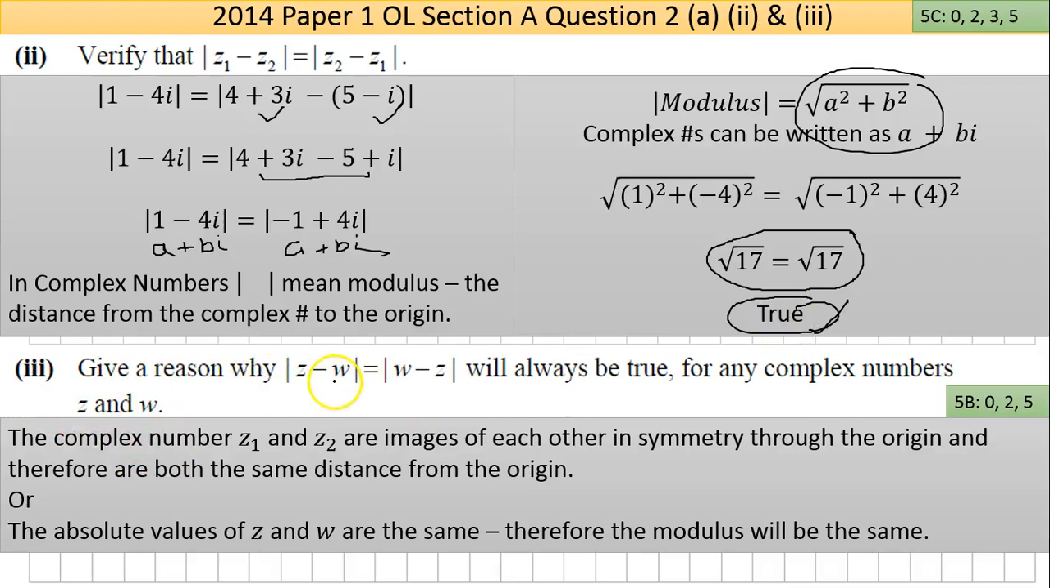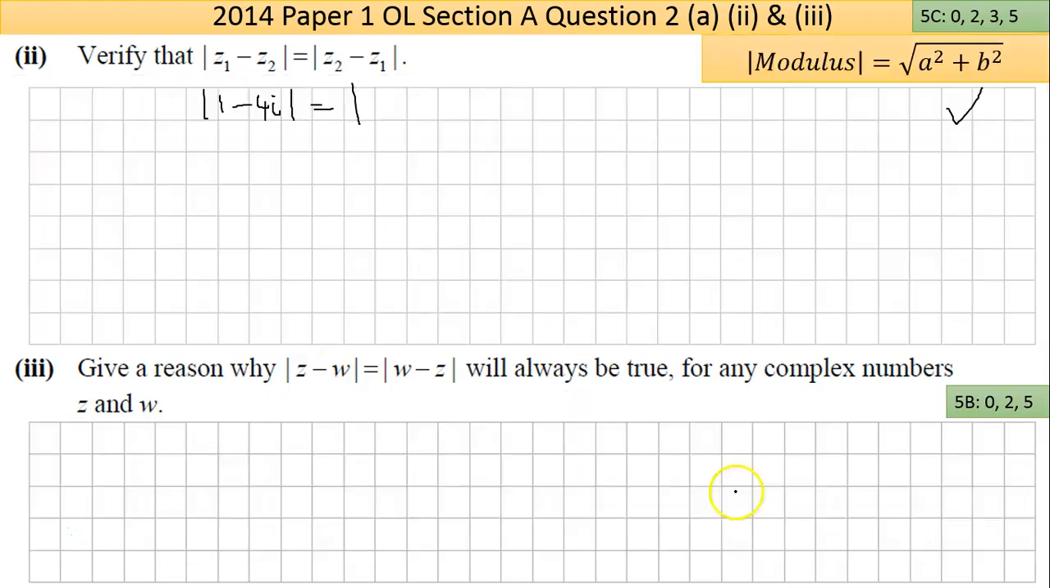So, I suppose complex number 2 from 1 is the same thing as 1 from 2. It will always be true for any complex numbers z and w. A lot of words. It's one of these things: if you get what they're saying, it's pretty okay. If you don't get what they're saying, it's not okay. But in this case, the complex numbers z1 and z2 are images of each other in symmetry through the origin. Now if I could draw that back here, if that's my axes, and it's supposed to be straight,